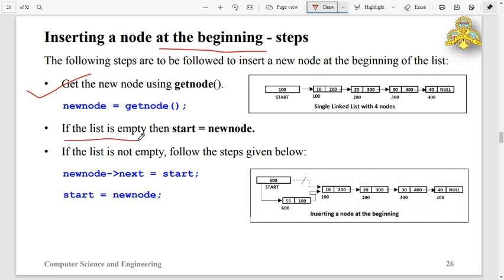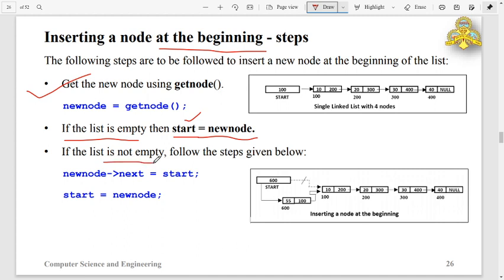If the list is empty, that is, if there are no nodes, then the start pointer contains null. Assign the new node's base address to start. So that is just creating a linked list using the first node.